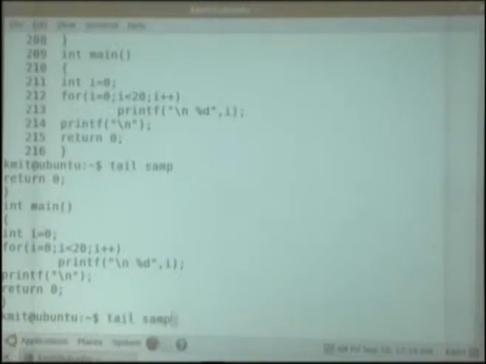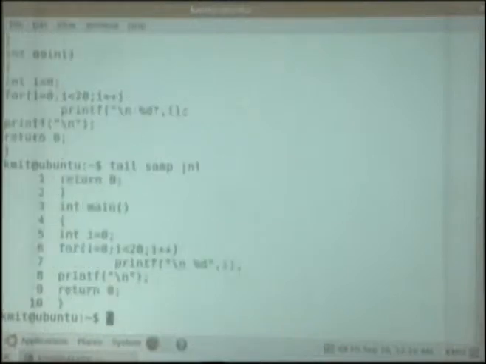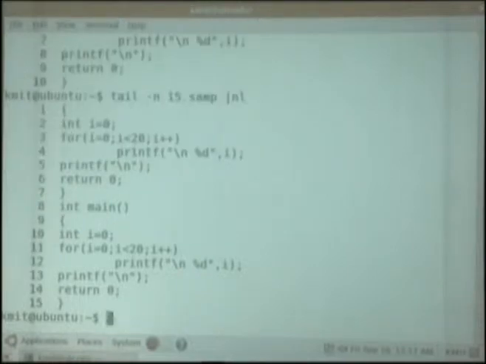Of course, with the help of a pipe. So it gives me the last 10 lines. If I am interested in the last 15 lines, then tail option n 15 on the samp file, piped for numbering. So it has given me all 15 lines from the bottom.